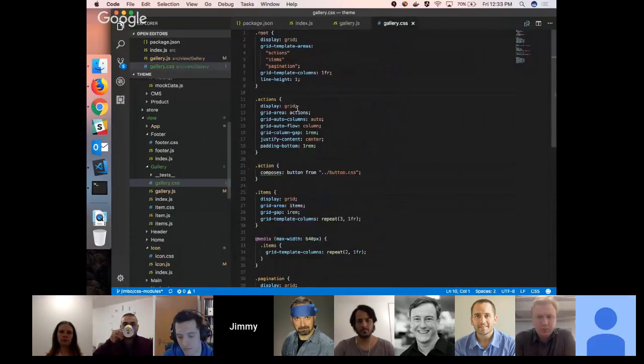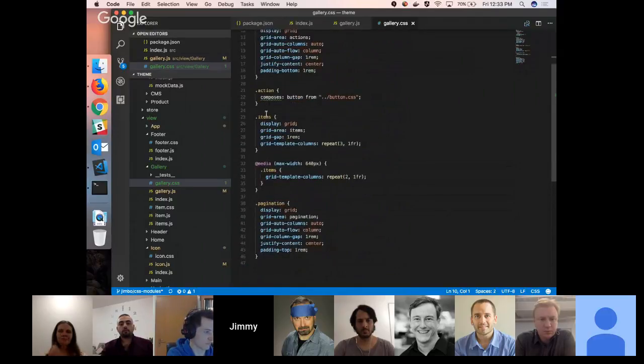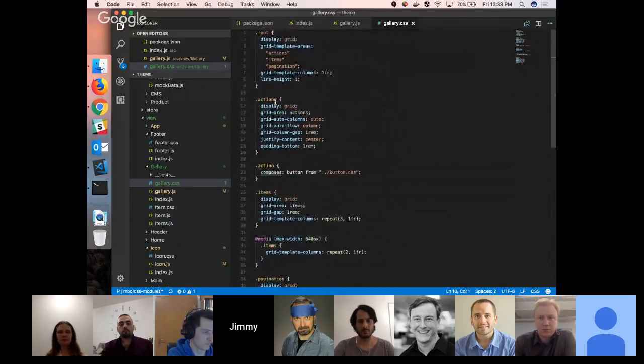To take a look at what's going on with the CSS, this is how CSS modules works. We define class names like root or actions, action, items, etc., and also write standard CSS to show how those things are going to look. And then CSS modules, right, the build system, is going to translate these into basically keys on an object.